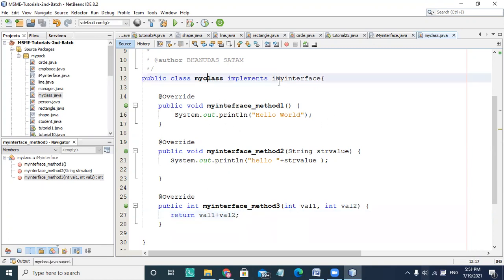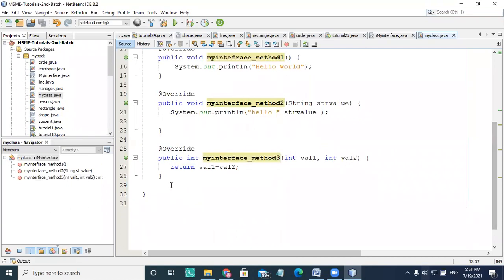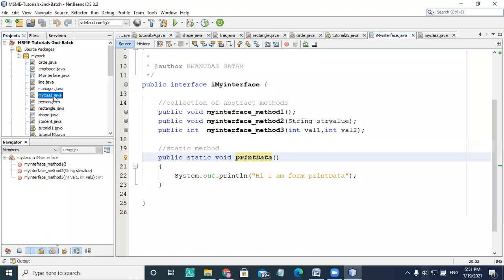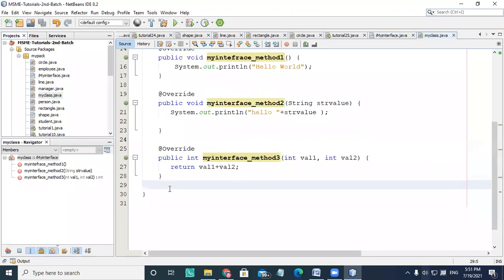So I created my class, I created my interface, and now I want to use the static method of this interface. The name of my interface and the static method is print data. If I'm using this as a class reference inside my class, I can use it like this.